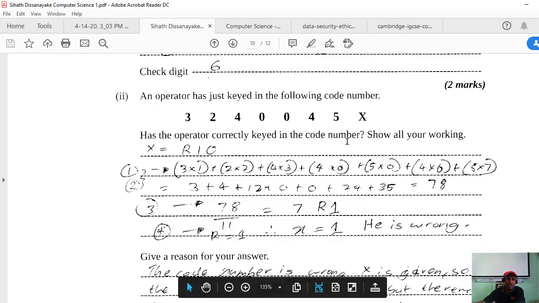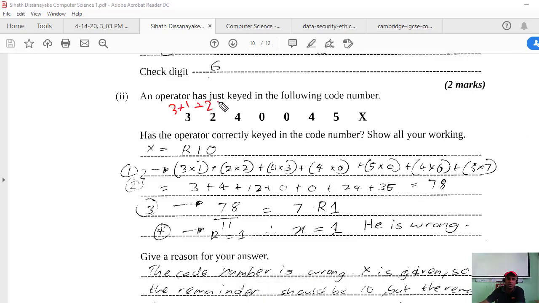Every time we are calculating 3 into 1 plus 2 into 2 plus 4 into 0 plus 0 into 0 plus 0 into 0 plus... sorry, I made a mistake here. It should be multiplied by 1, by 2, by 3, by 4, by 5, by 6, by 7.